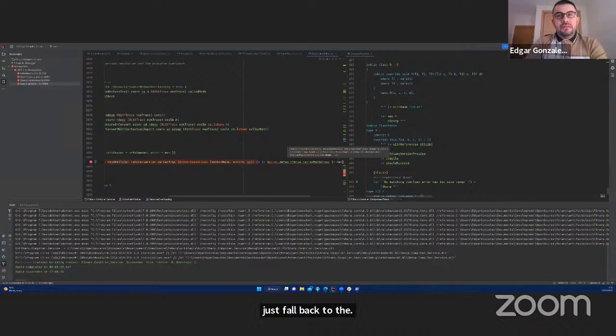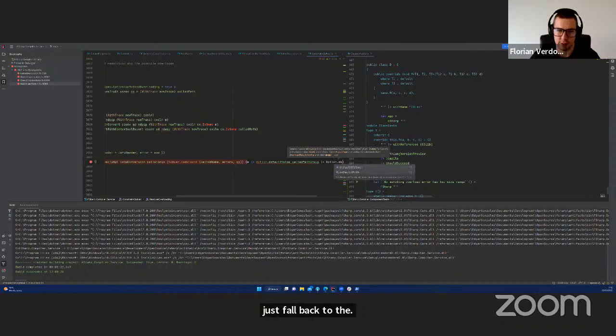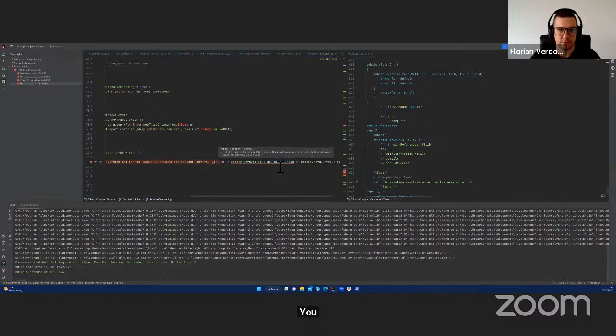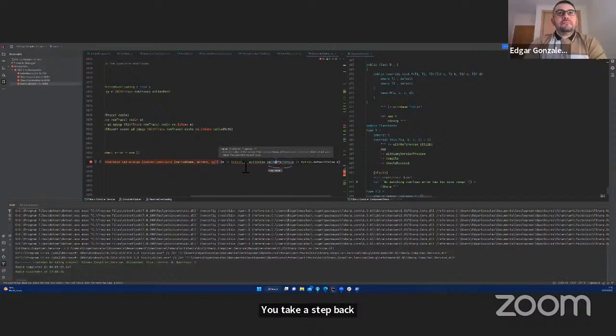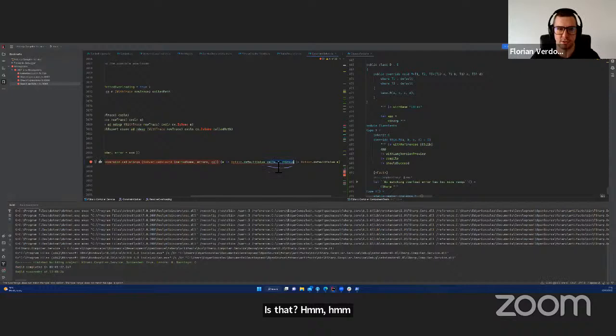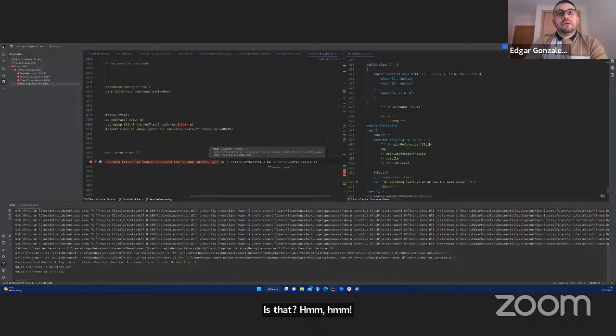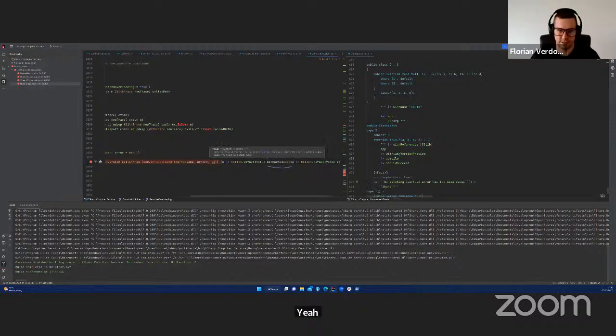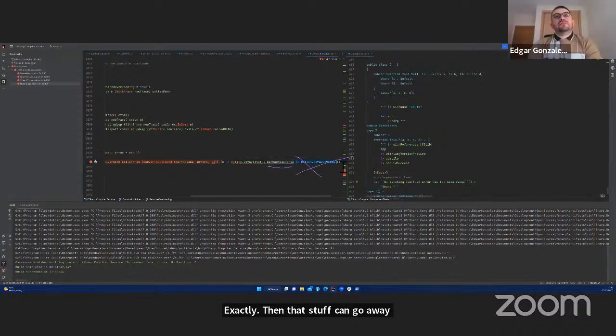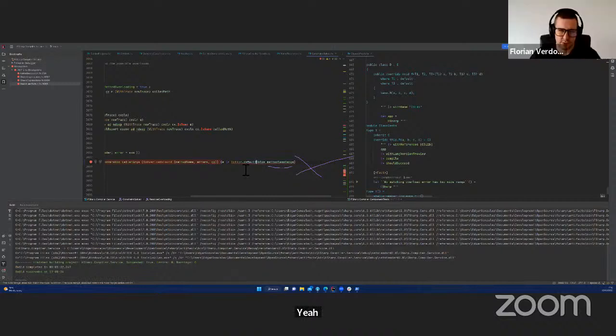Yeah, well, I think this should be. No, let's take a step back. So yeah, this should just be M, the method name range, which we added to the function signature. Exactly. And then that stuff can go away. Yeah, of course, it's been too long. And perhaps the order needs to switch. So